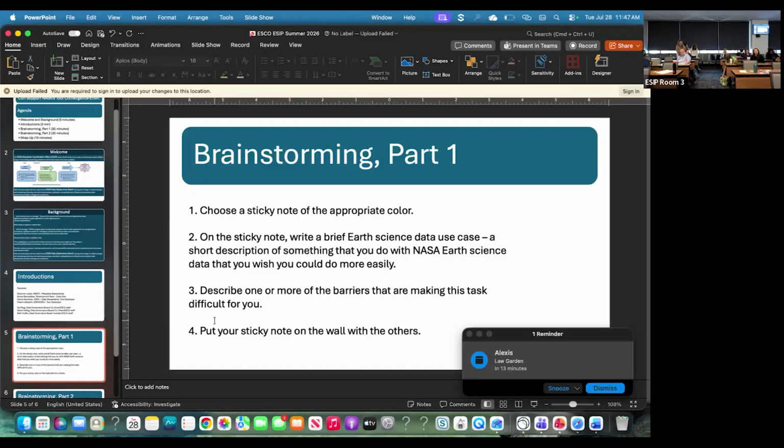Try to identify the actual problem that's keeping you from doing the thing that you want to do. If you have suggestions, write them down. You can do it on a sticky note, or you can get a note taker for your group. We would love for you to report out on what you come up with at the end of